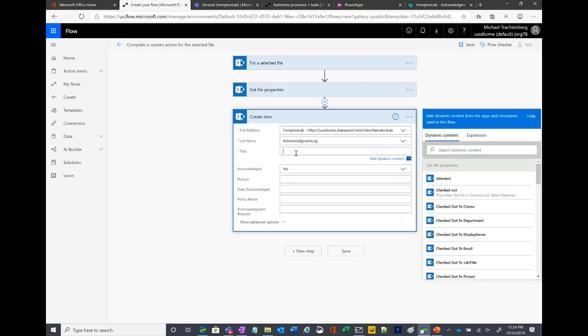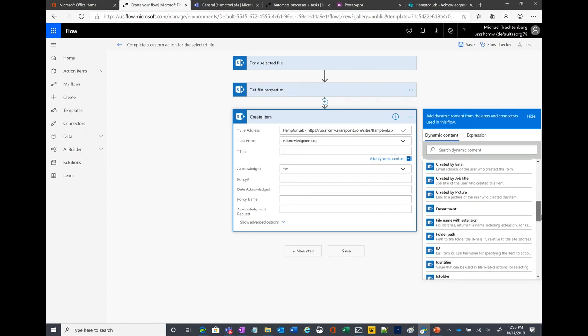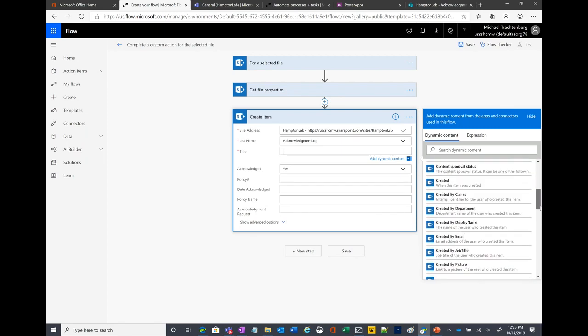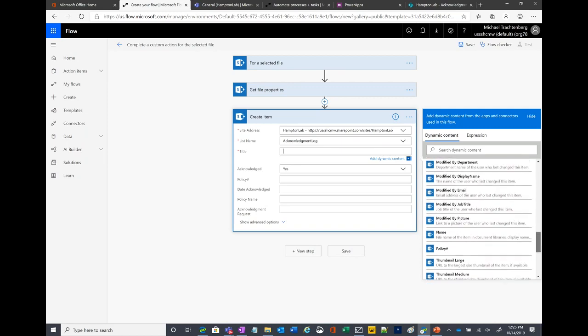What is the title going to be of that? We could enter information here. One of the things when you click in here, you're going to see this pop up, and this is called dynamic content. So it's going to know the information from this get properties piece, and since it knows the information on that particular file, for the title we're going to look for maybe the name of the document,